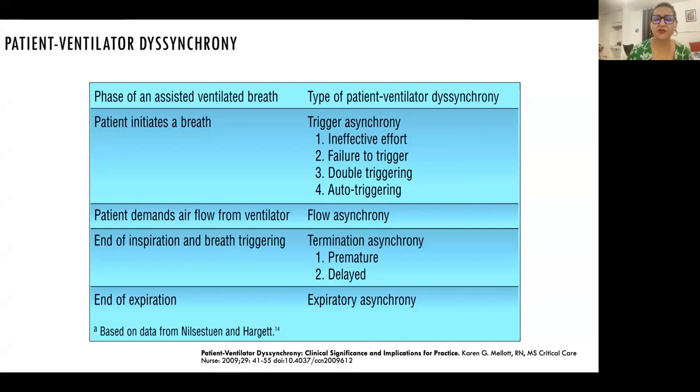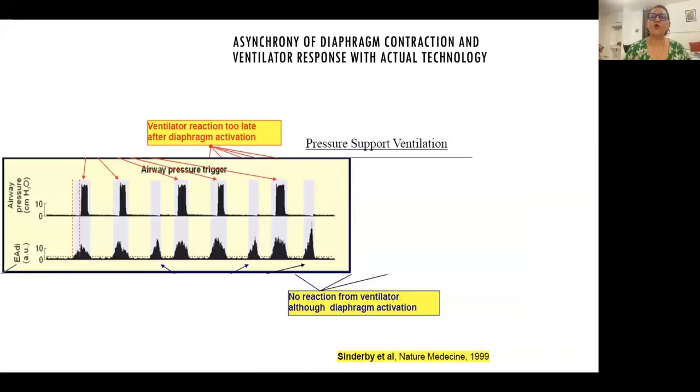end of expiration may have a problem, especially even when you are using pressure support ventilation, where you say that inspiratory time is set by the baby. The expiratory asynchrony can still happen in pressure support ventilation because it stops when there is a 25% reduction in the flow, which may change with the baby. So now, to see more visually how this asynchrony actually happens,